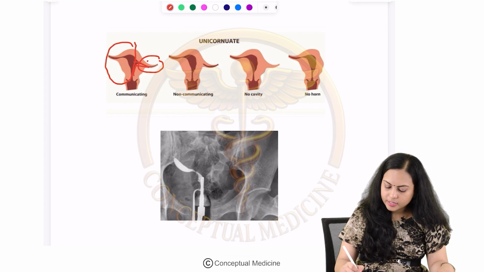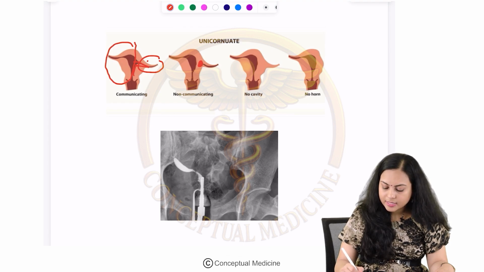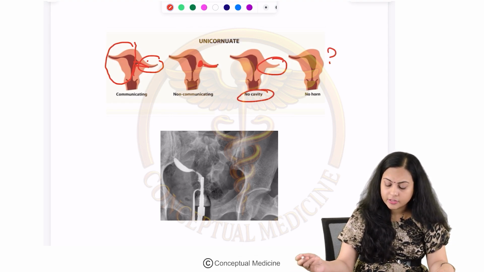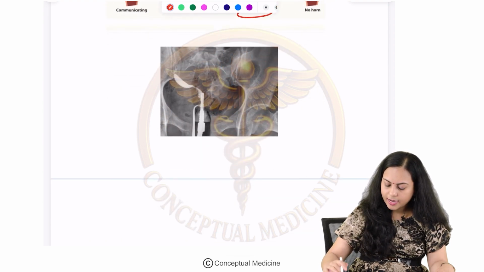Okay, whereas this is a non-communicating horn because there is a solid part in between the two cavities. But however, there is a cavity separately for the rudimentary horn. Whereas here you have no endometrial cavity and here you have no horn itself. Okay, so this is the HSG pic of